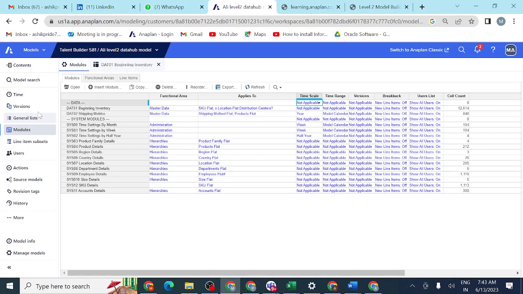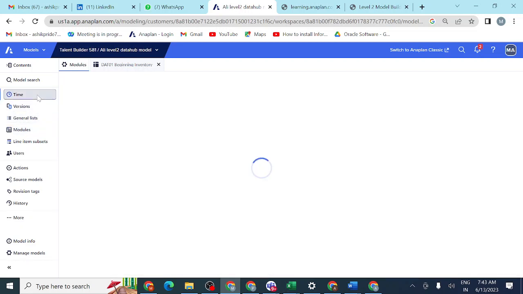Why? Because we don't want to calculate 3 years of data each and every time. If you want only 1 year of data and your model calendar is 3 years, then in that situation also you can create time ranges. It will also save your workspace. That is also an advantage of creating time ranges. So we can increase the model calendar size, and we can decrease it. If you want less than the model calendar size, you can create time ranges, and if you want larger than the model calendar, we can also create time ranges.